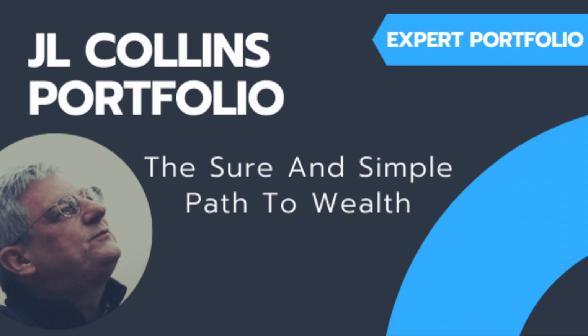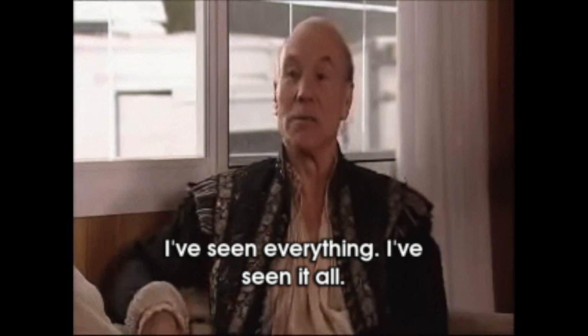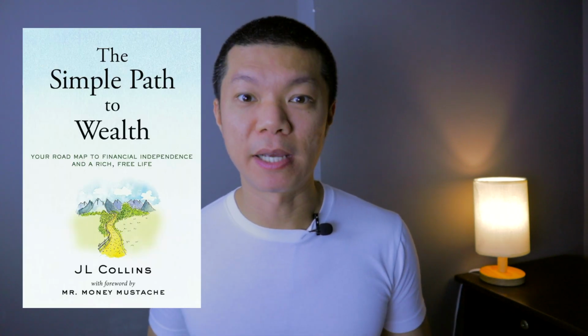So let's start with the easiest of the portfolios, which is a 2-fund portfolio that was introduced by J.L. Collins. He's a pretty popular figure in the financial independence, retire early community. As a former professional investor, he's seen the ins and outs of the industry, and on top of that, grew to appreciate why index investing as an approach is really the best way to do things. I really recommend that you check out his book, The Simple Path to Wealth, because it's a very easy read and you can dig into it and understand a bit more about the philosophy of low cost and